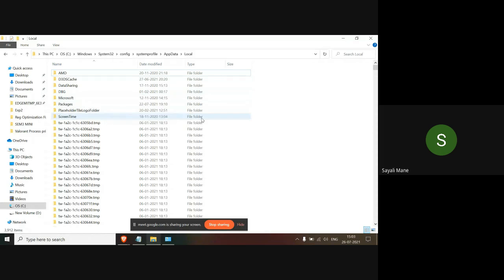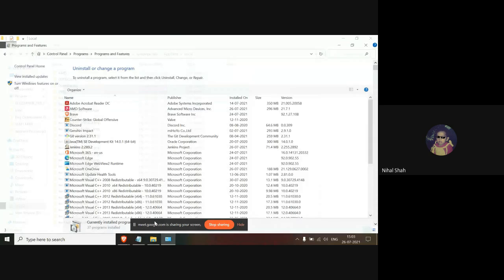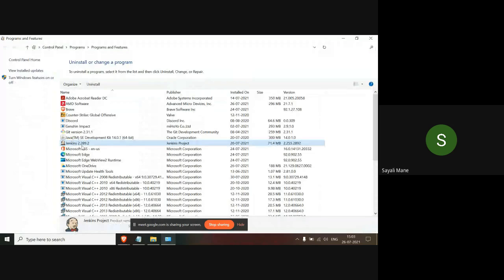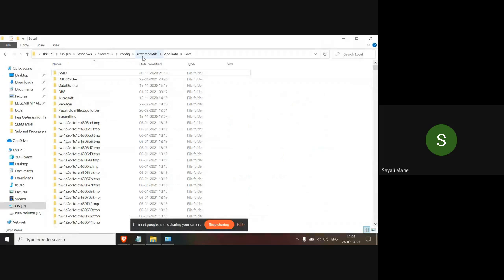It will be here only because you should have installed Jenkins, right? Yeah, I have installed it. It's showing up right here. Can anyone tell me, after Local, which folder is there? There must be some different folder. After Local, there was a folder named Jenkins. Jenkins, or after that dot Jenkins. Dot Jenkins. Can you search?